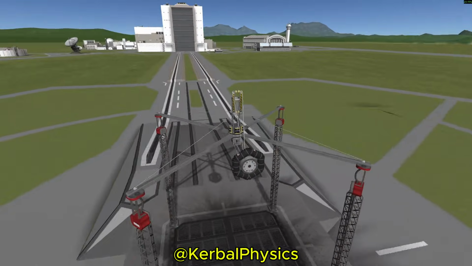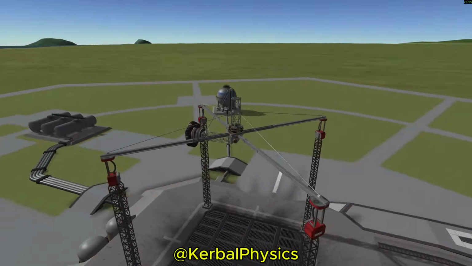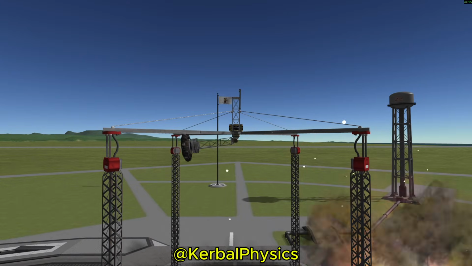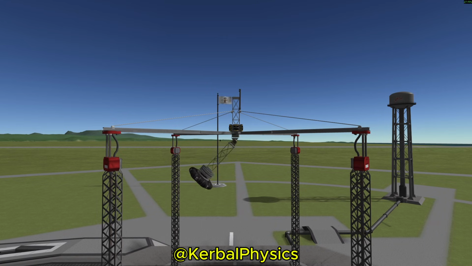Is gyroscopic precession modelled in Kerbal Space Program? Here are two experiments to put that to the test. Here I've designed a Foucault-inspired pendulum setup that has a servo at the top, but crucially, instead of just a